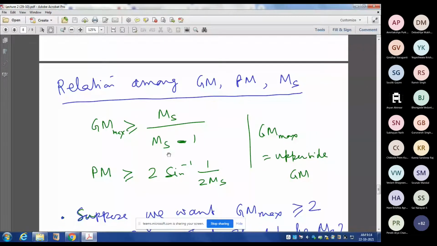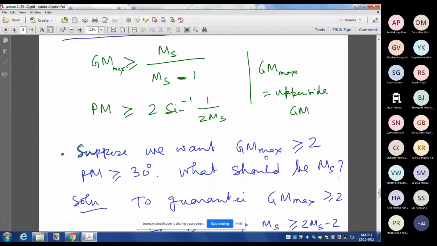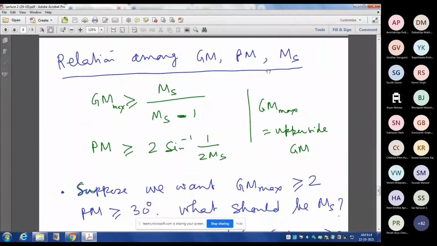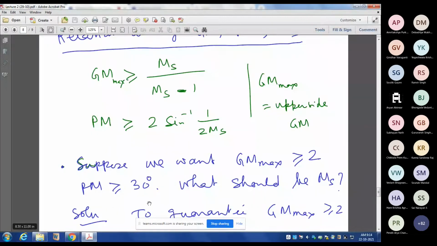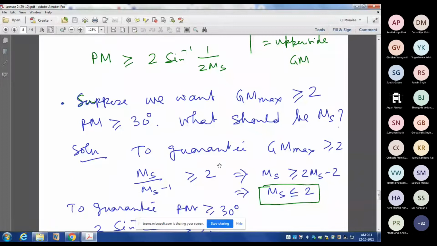Suppose you want to ensure, as I said, that for a practical system we want the upper side gain margin, GM max, greater than or equal to 6 dB, that is, greater than or equal to 2, and phase margin greater than or equal to 30 degrees. Then what should be the value of MS which will guarantee these two? You can easily see that if you want to guarantee GM max greater than or equal to 2, then MS by MS minus 1 should be greater than or equal to 2. This means your MS is less than